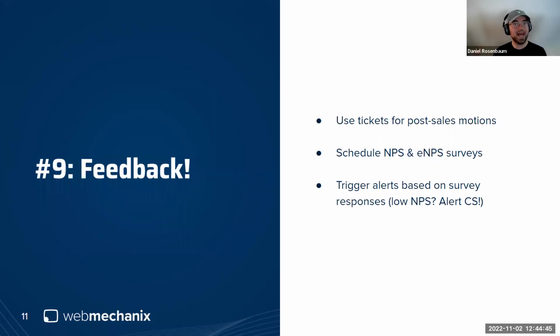So that's the reactive side of things that you can automate. And then there's also the proactive stuff. Maybe once a quarter or twice a year, you want to send out a net promoter score. How likely are you to recommend us to your friends, type of thing? It could be a 1-question survey that goes out once a quarter or once a year, whatever it might be,